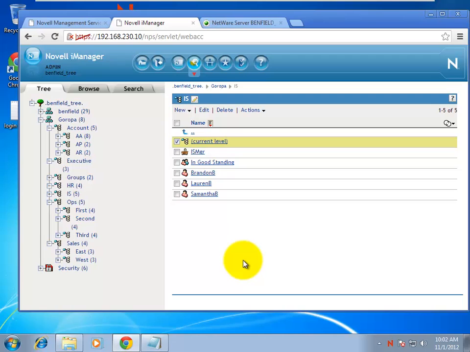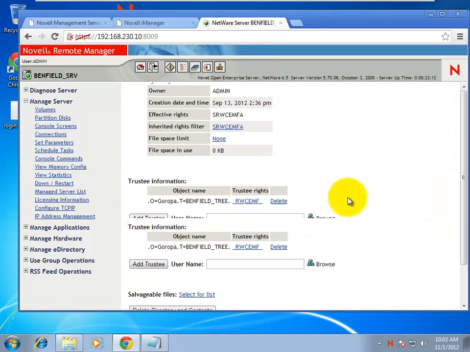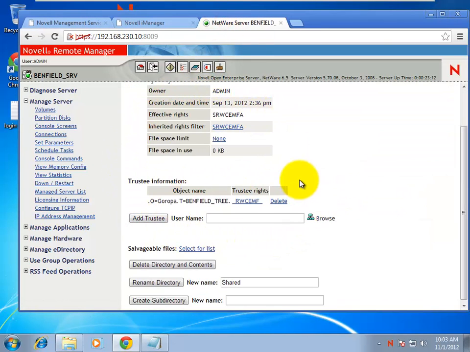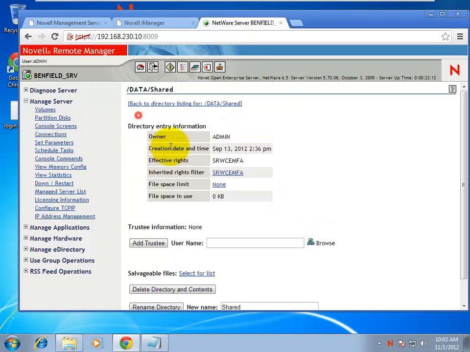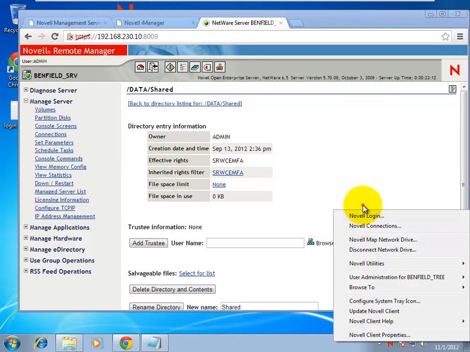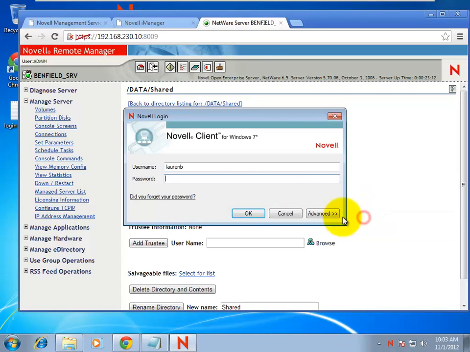The other very, very common issue is you're trying to map a drive letter to a folder that the person doesn't have rights to. The most common one is the shared folder. Just because you create a shared folder doesn't mean anyone has access to it. In this case, I'm looking at shared, and all of Gropa does, so we were pretty good with that. It's very common to forget this, so if I delete Gropa under here, and now I try to log in, and I log back in as Lauren,